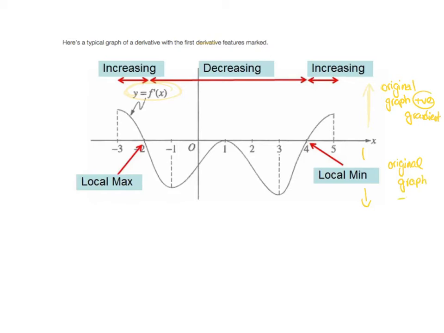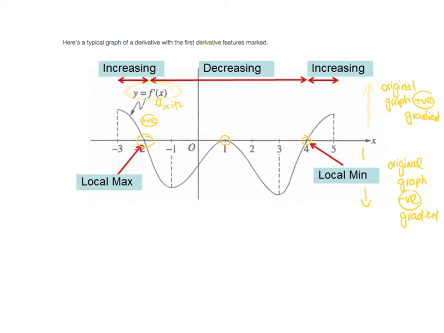So if you look at the x-intercepts of the derivative for this graph, this was a turning point, this would have been a turning point, and this would have been a turning point. So what happened is, we went from a positive gradient, so if you think about your original graph,